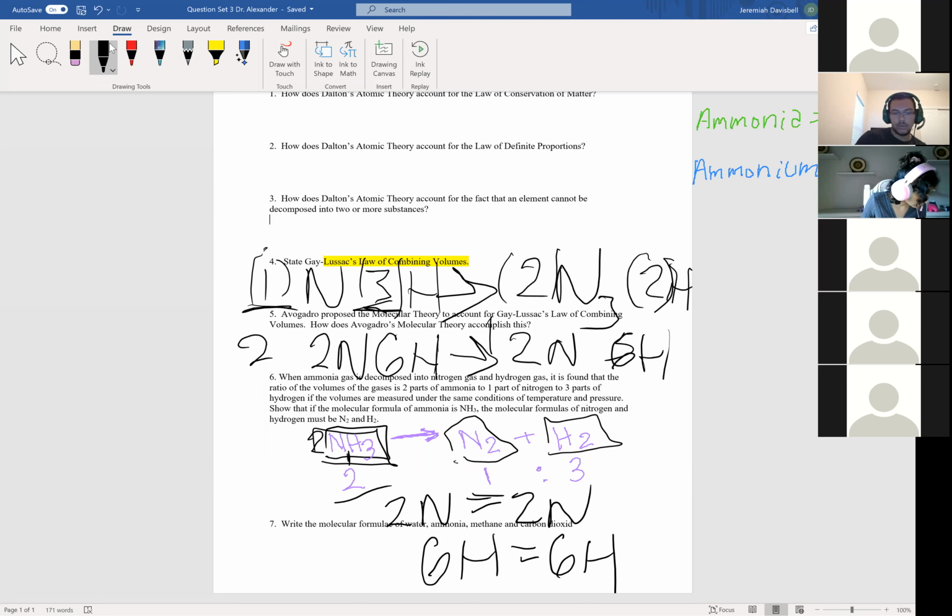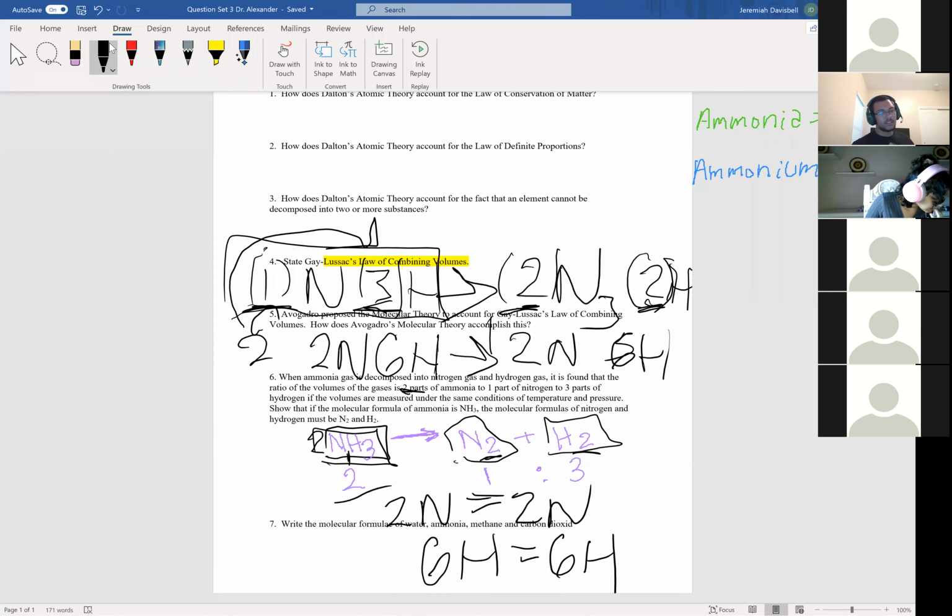And then I did the same over here. So we have a 2, so I put the 2 in front of the nitrogen here. And then we have a 2, and so I put a 2 in front of the hydrogen there. And then, since it says the 2 parts ammonia, I multiplied the 2 times the ammonia compound. So I distribute the 2 to the 1, and then I distribute it to the 3. So it becomes 2 times 1, which is 2 nitrogen, and then 2 times 3, which is 6 hydrogen. And then I just do that for each element. We have 3 parts for the hydrogen gas, so 3 times 2 gives us 6 hydrogen. Does that make more sense?